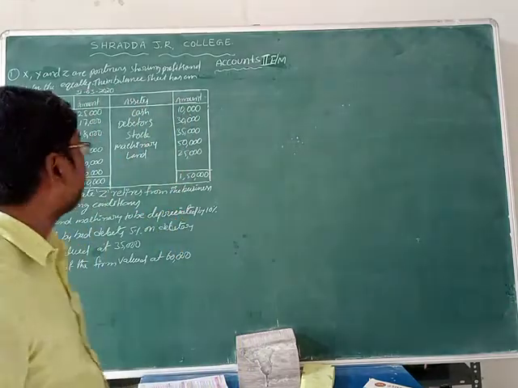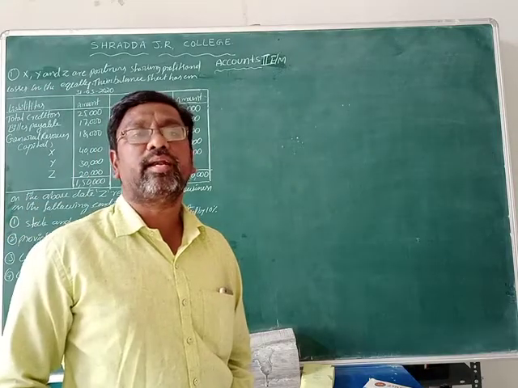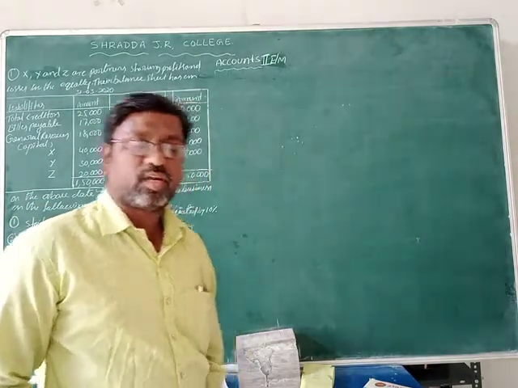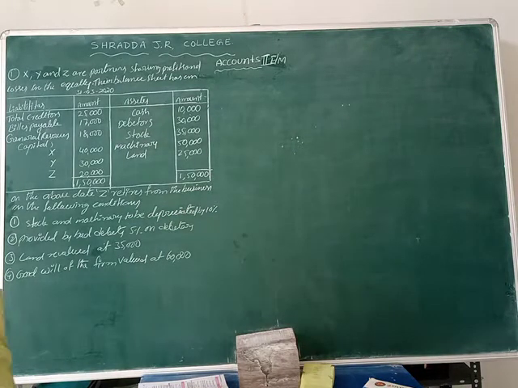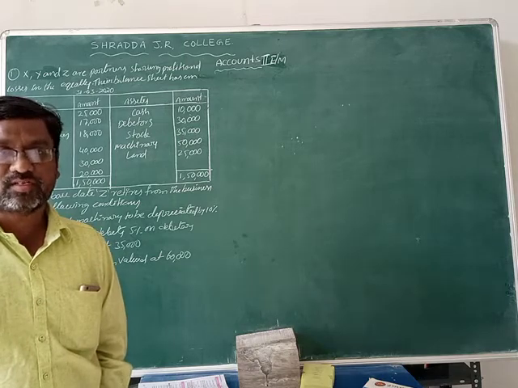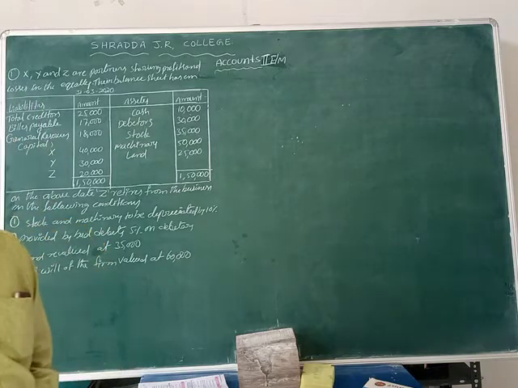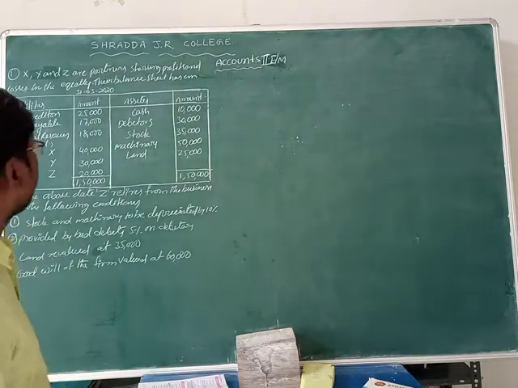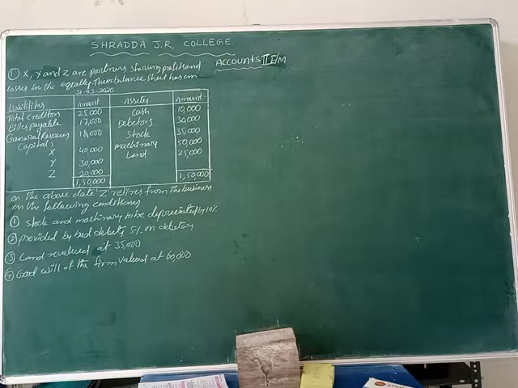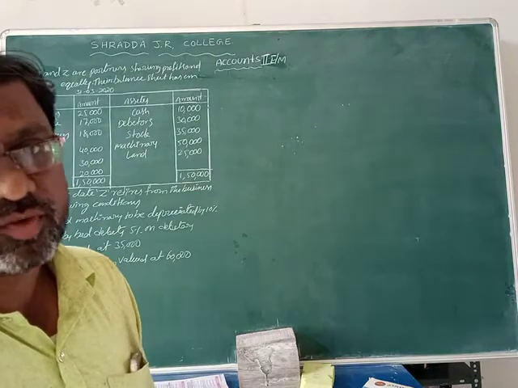Retirement of partner, first question. It is also very important. Why? Because sometimes a 20 marks question is given from this retirement of partner. Sometimes 80% or 90% admission of partner is given, and the remaining 10 to 20% in the final exam is retirement of partner also, students. Okay, now today we are going to discuss retirement of partner, first problem.